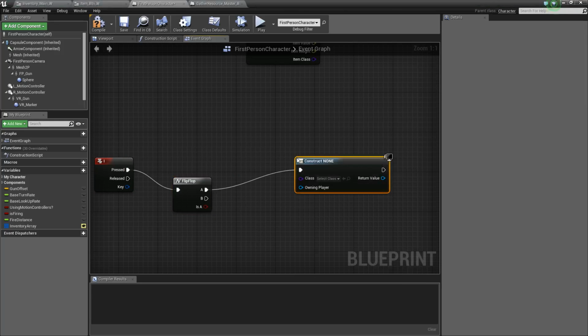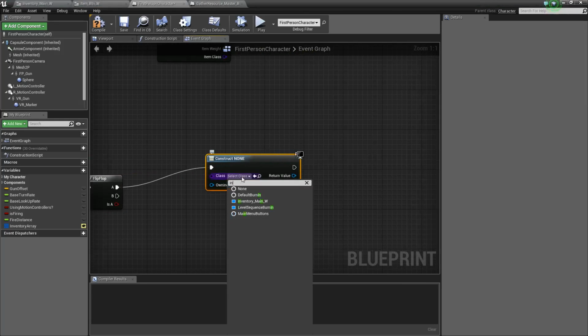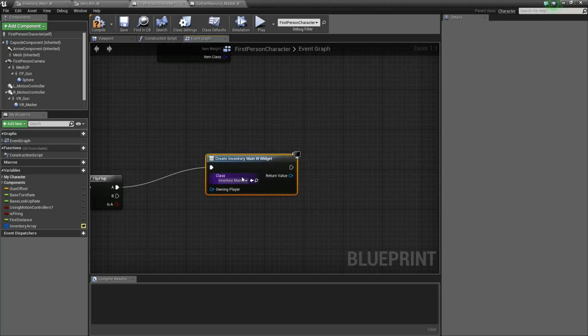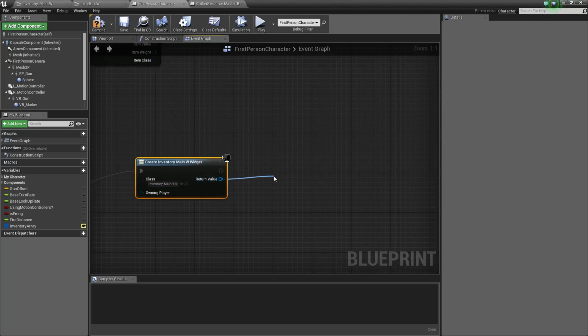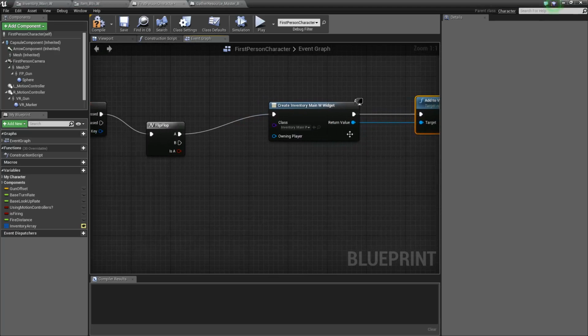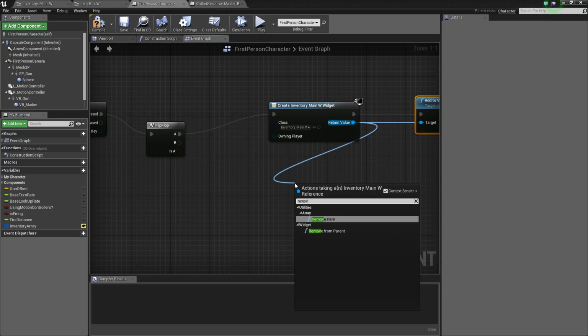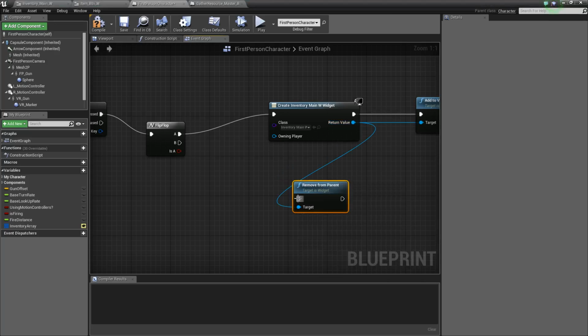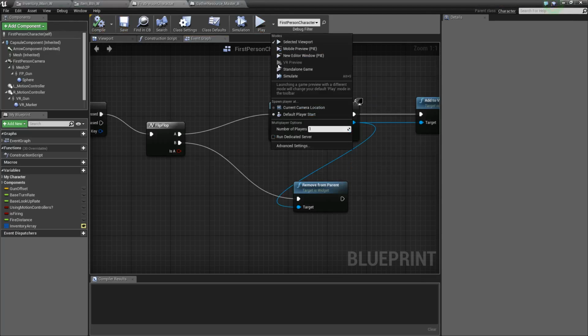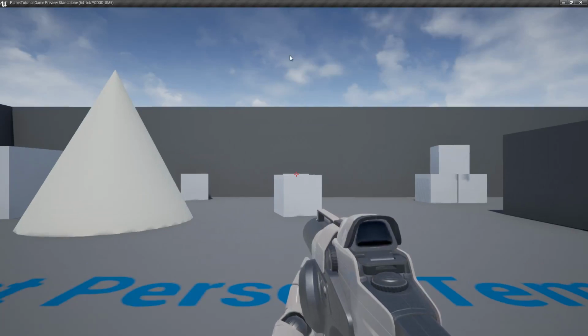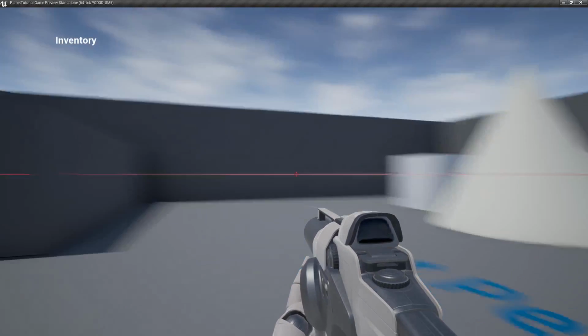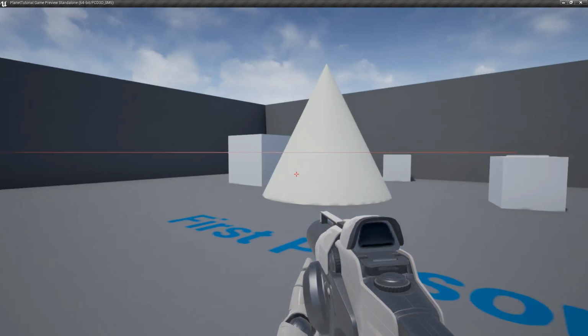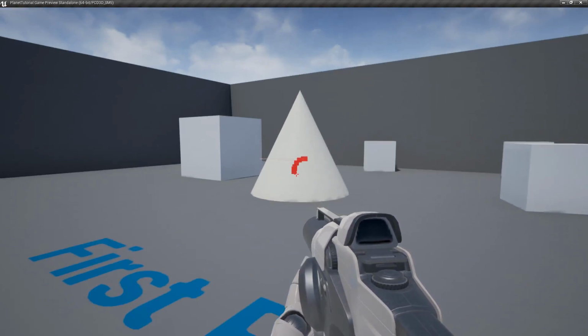Create widget. Add to viewport. Remove from parent. Okay, so let's try this out. Okay, so there's nothing in the inventory now. But if I